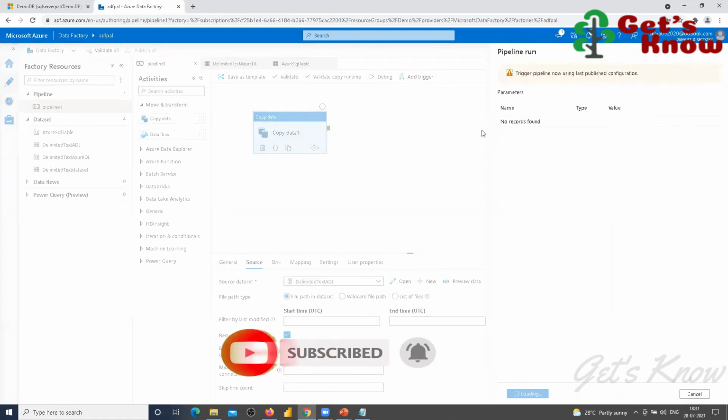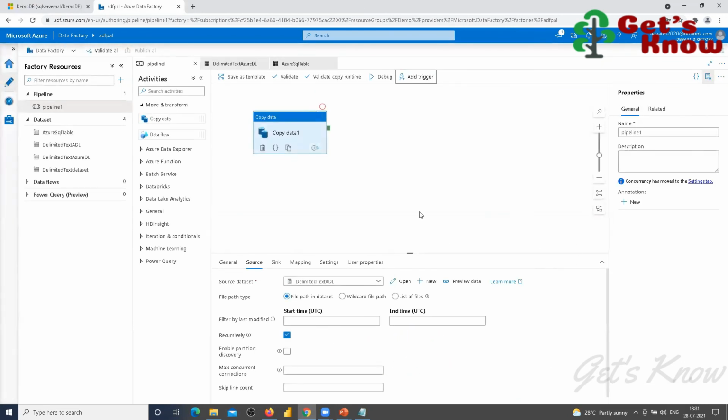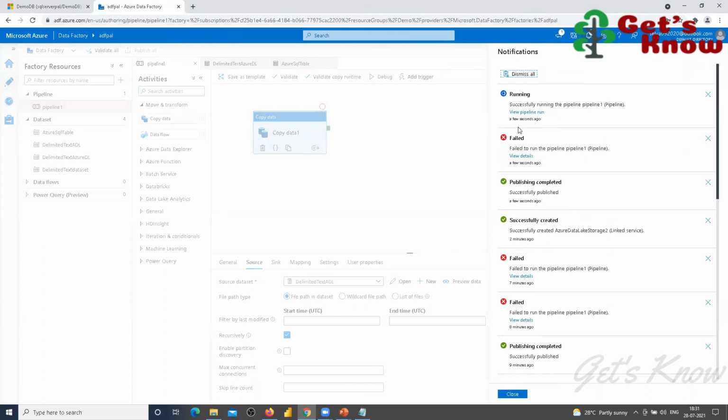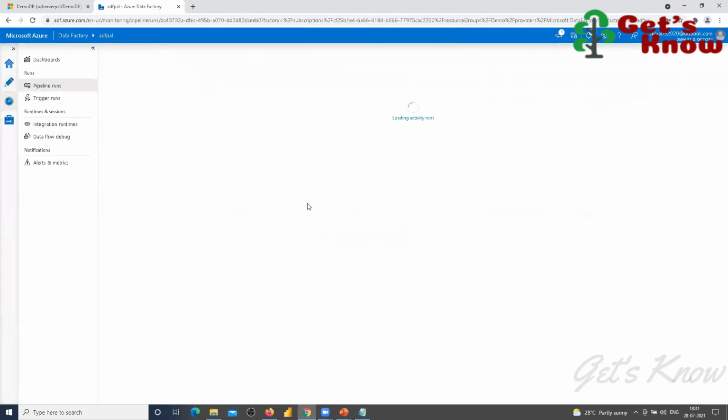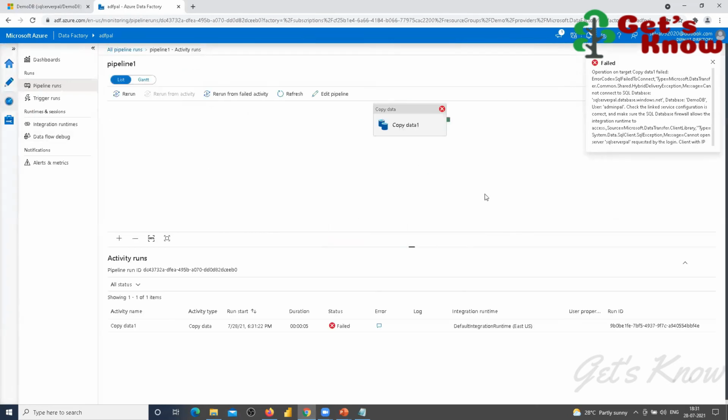Here trigger now. So it's running. So it's failed again.